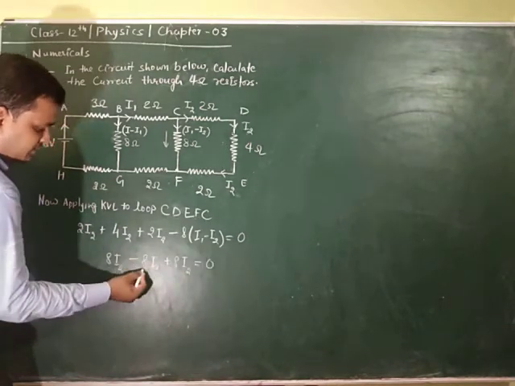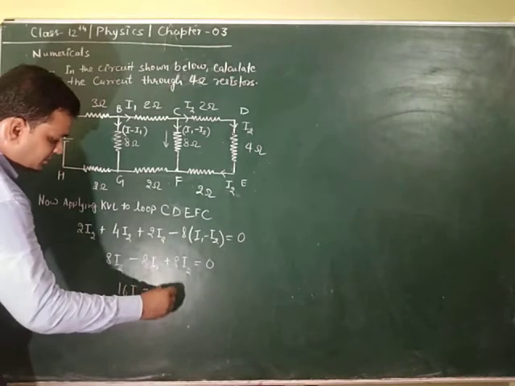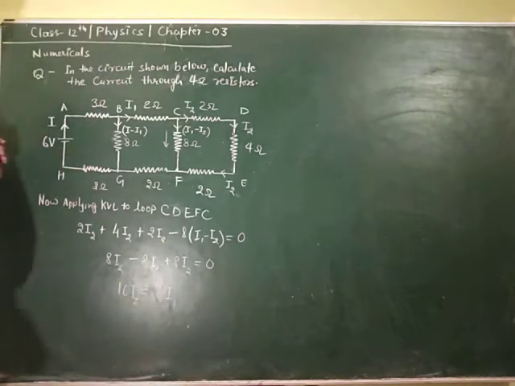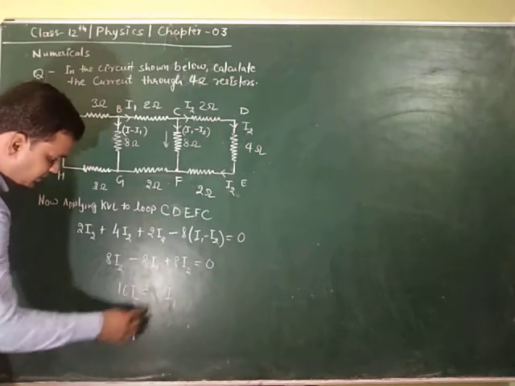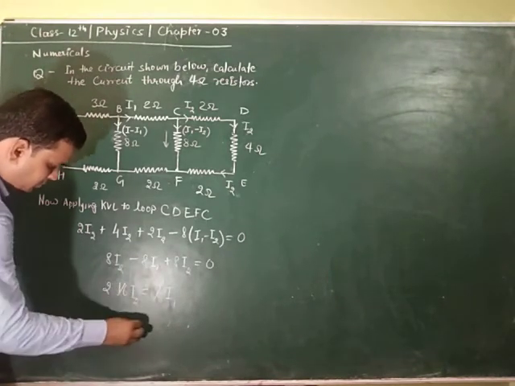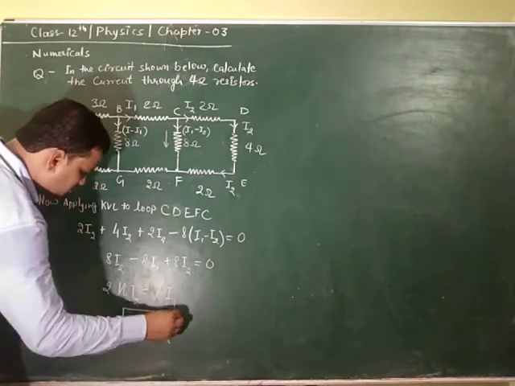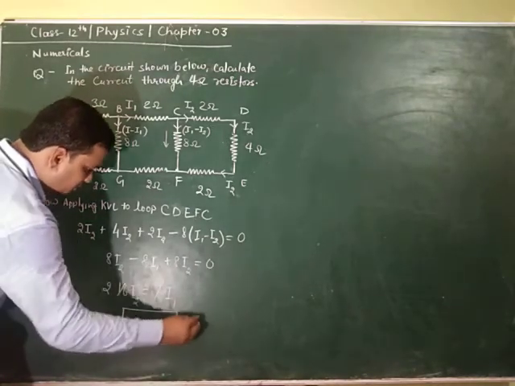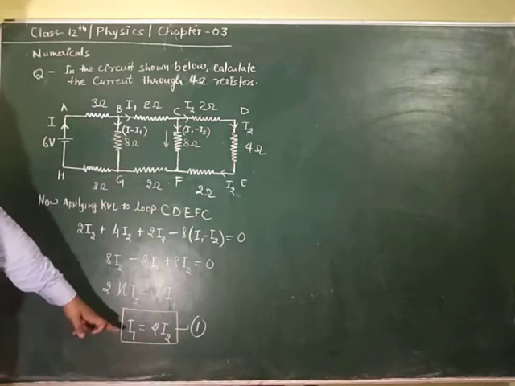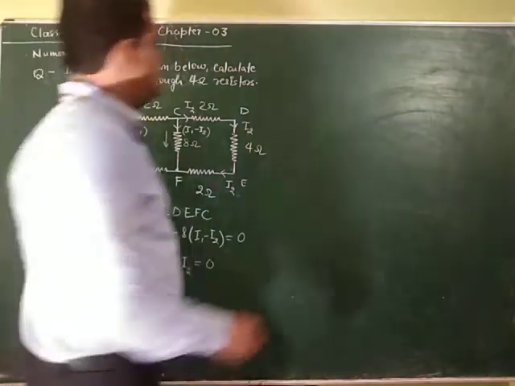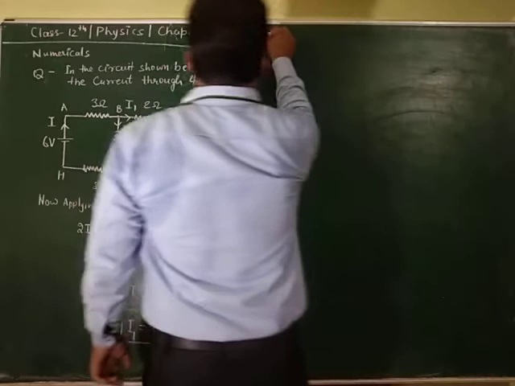and transposing the minus 8 I1 to the other side, it becomes 8 I1. So here I1 is equal to 2 I2. This is the first equation we are getting here, equation number 1. So solving this loop, we have I1 equal to 2 I2. Again we have to do the same for this loop, applying